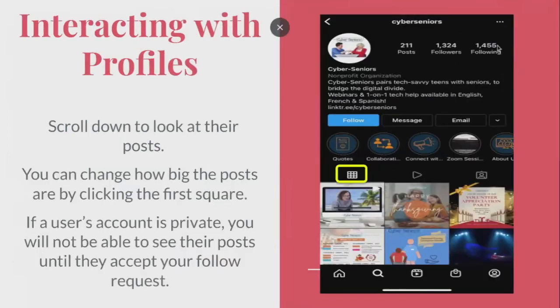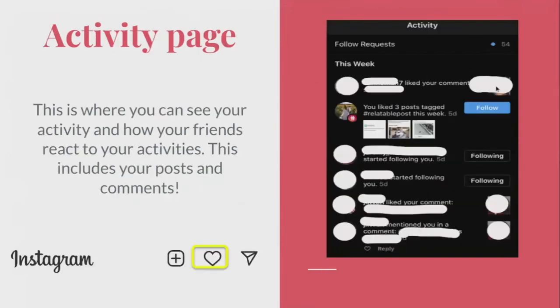And here, if you click on this area right here, you will be able to see the people that your friends are following and stuff. This actually does not exist anymore. This is called the activity page. You used to be able to see posts that your friends liked, but this is a feature that they took away. But you can still see if people request to follow you, this is where it'll appear in your activity page. If someone also mentions you in a comment, which is @ your Instagram handle, that's what it's called once you create a username, this is where it will appear.